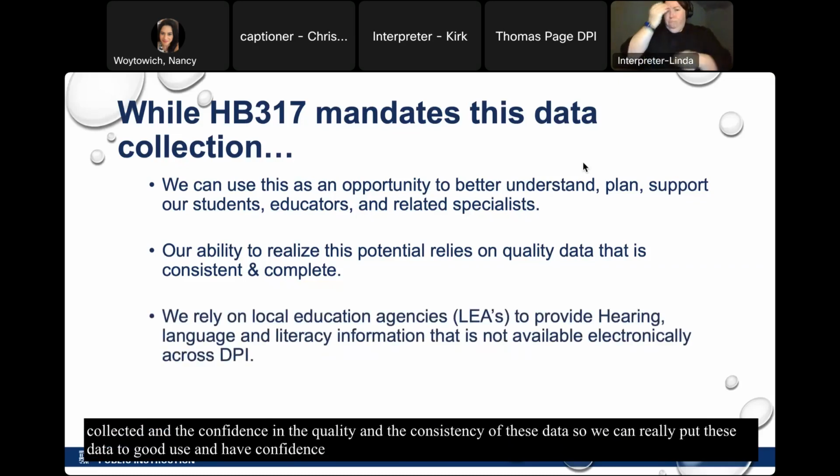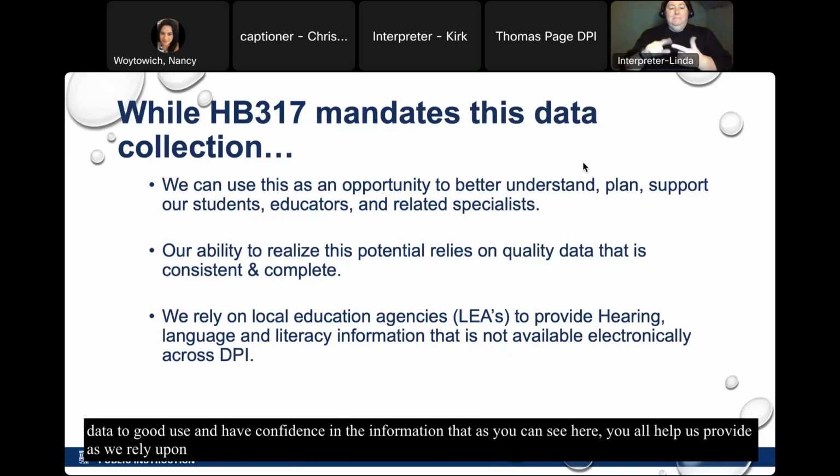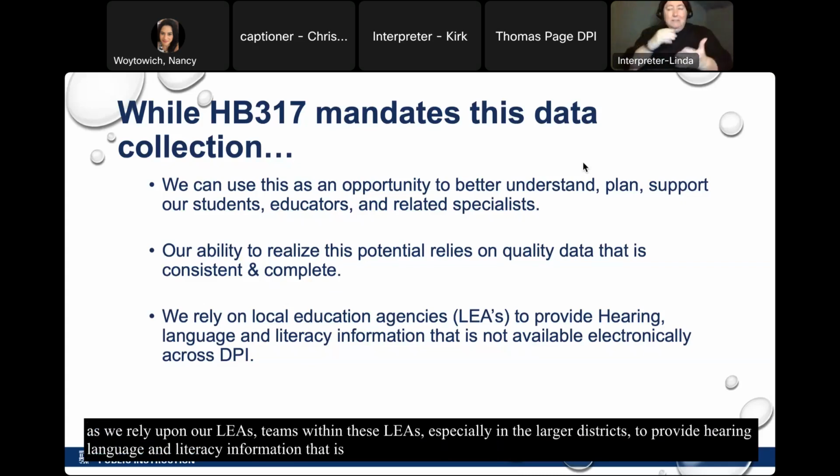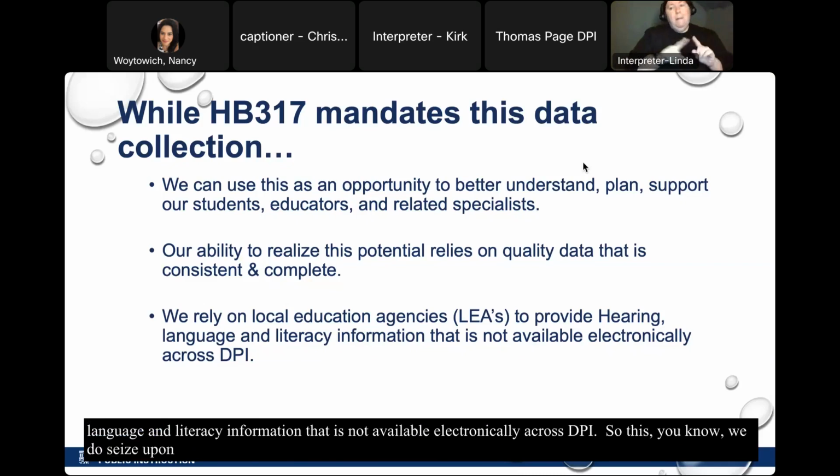so that we can really put these data to good use and have confidence in the information that, as you can see here, you all help us provide as we rely upon our LEAs, teams within these LEAs, especially in the larger districts, to provide hearing, language, and literacy information that is not available electronically across DPI. So we really do seize upon this mandate to hopefully create a robust look at individual students, their districts, and so on,